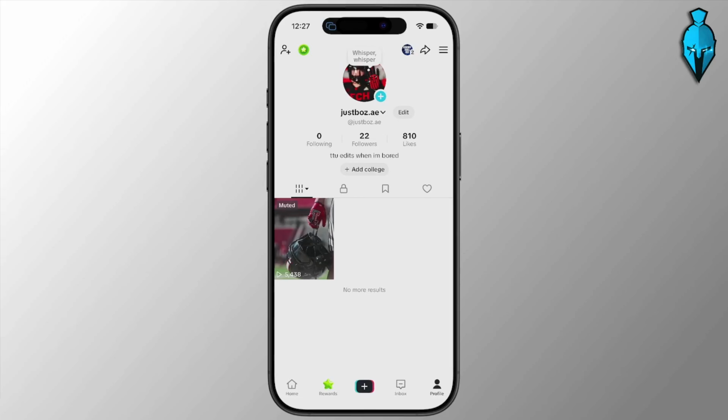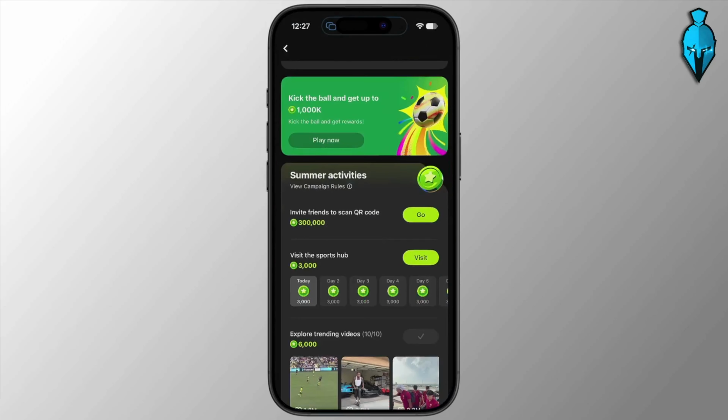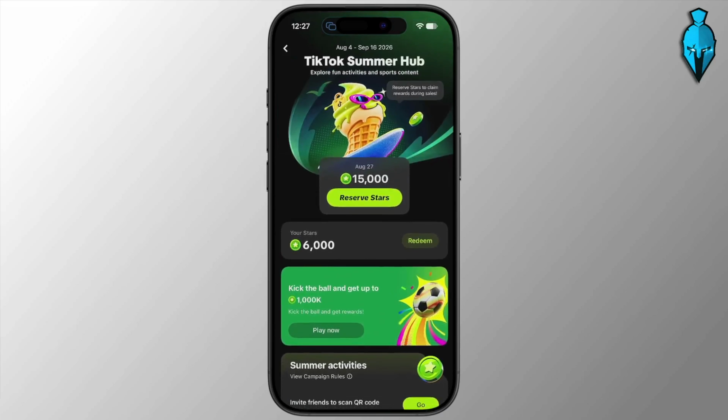Now, the referral can also fail if they didn't open up your link before signing up. Like if they signed up before actually opening up your link, that's not going to work and you won't get them. You also need to check the promotion rules inside of the TikTok Pro events to see the exact eligibility requirements for the invite friends to scan QR code option right here. But the process really is as simple as that.